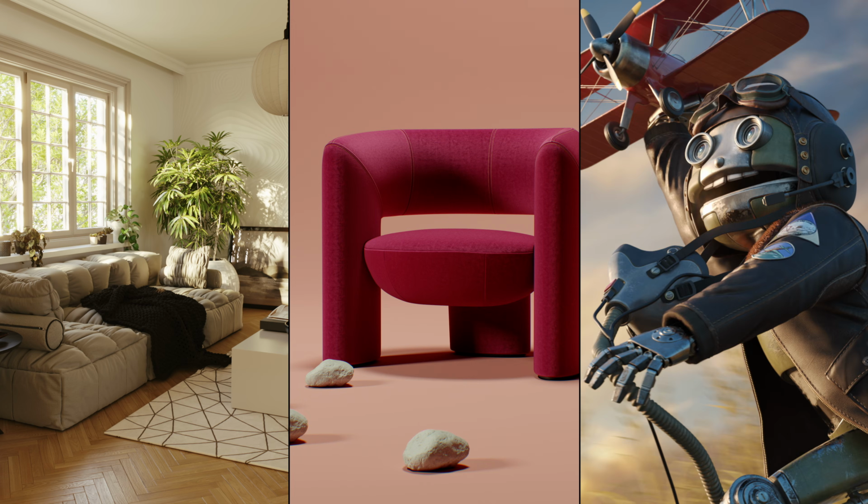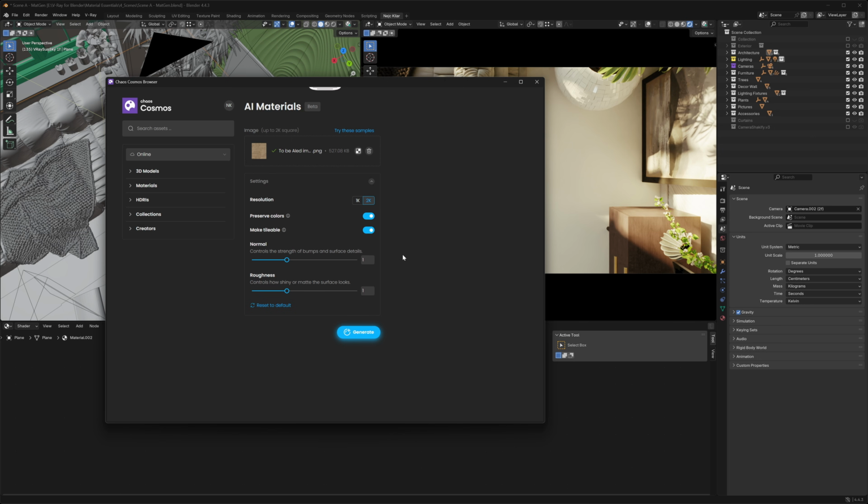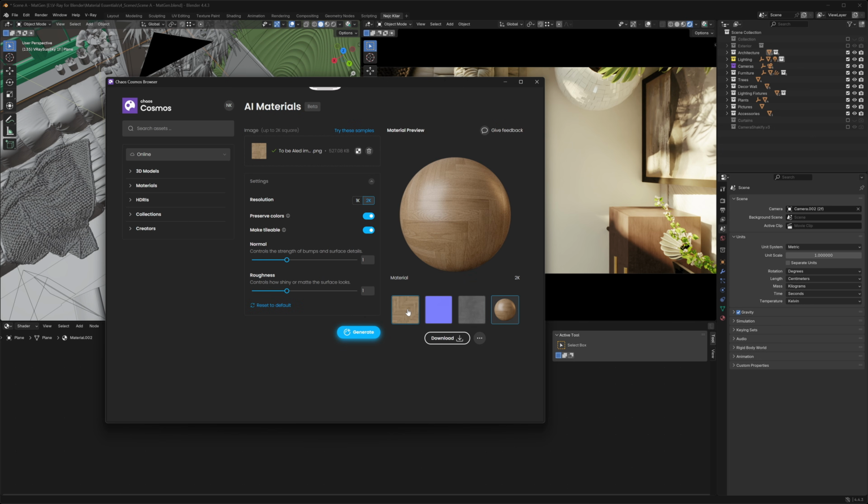Hello all. In CG, materials play a crucial role in how our scenes, products, and characters look. They're one of the most essential ingredients in a render, and I think we can all agree on that one. That is why in V-Ray for Blender, you have a couple of different options on how you can create materials. You can use the AI material generator to create materials from the photos you take, or